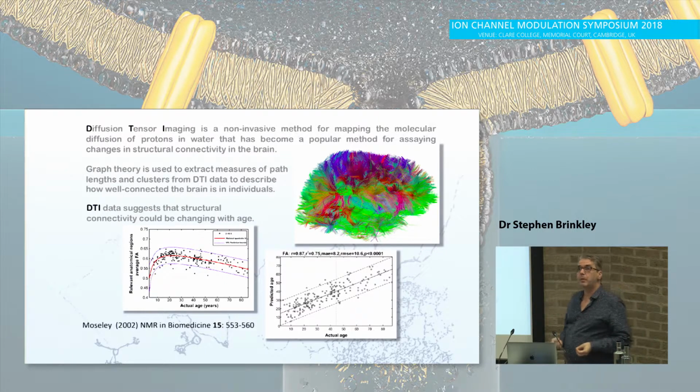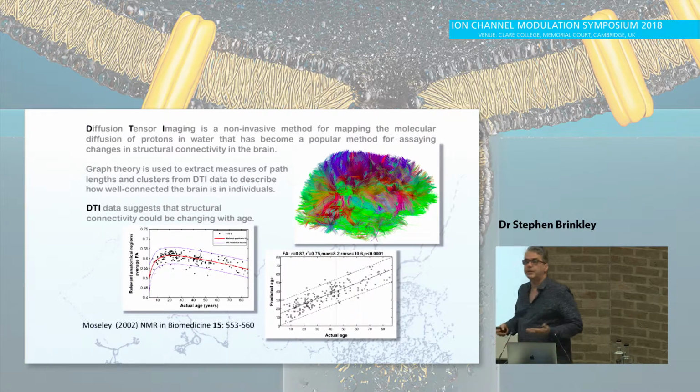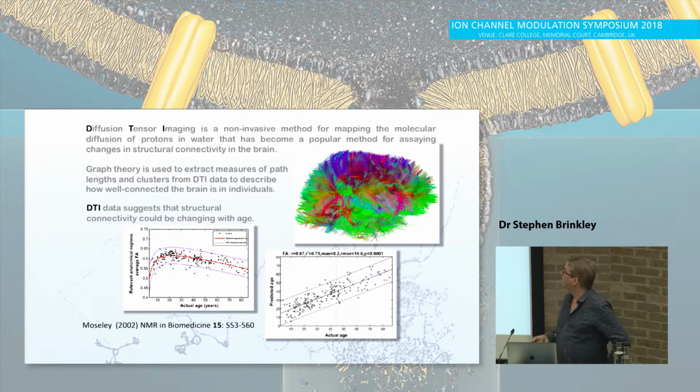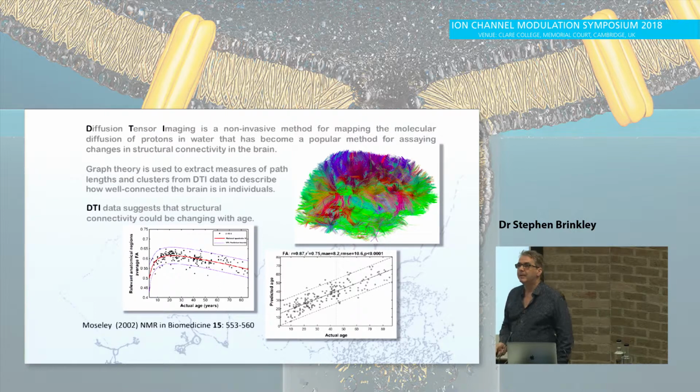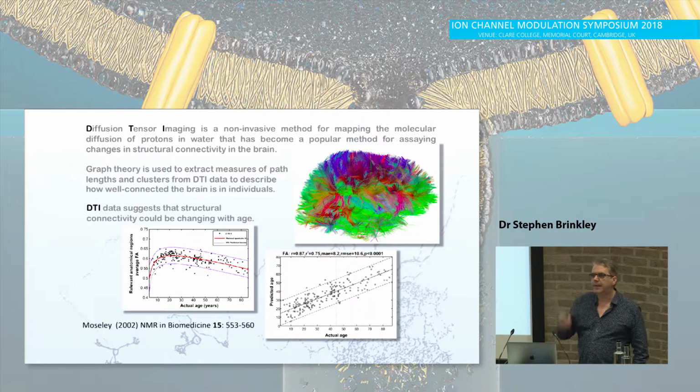DTI tells us a bit more about white matter integrity, diffusion tensor imaging. So this is looking at anisotropy in water molecules, their direction of movement, their diffusion, that's all. But it's probably related to myelination and the ordering of the white matter tracts. And it changes with age. So it gets better, it gets more ordered, and then it gets less ordered as we age. You can use this to predict the age of an individual. So if you take a 50-year-old man or woman, DTI will predict an age of anything from 20 to 55. You could ask them. But, you know, it shows things are changing.